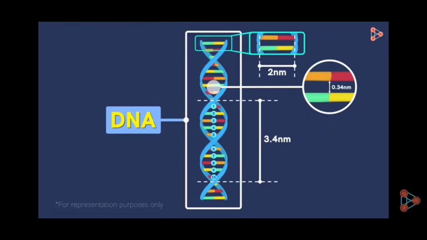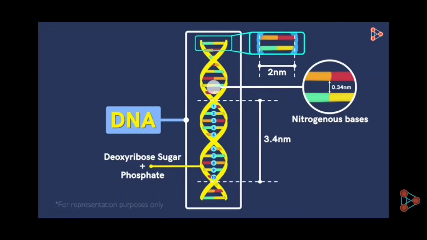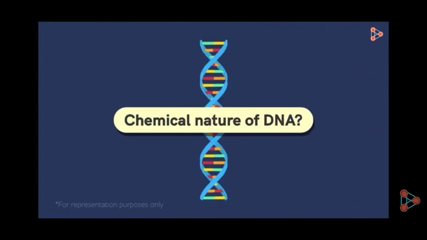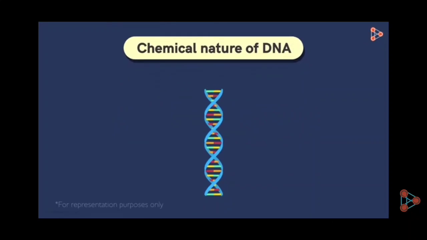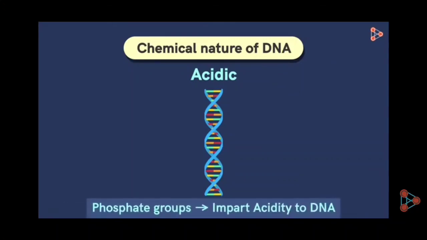This is how the molecules are arranged. So in this double helix, this portion is the backbone, which is made up of the deoxyribose molecules and the phosphate groups. Whereas this portion that forms the core is made up of the nitrogenous bases. Now, can you guess the chemical nature of DNA? Since it contains nitrogenous bases, you would say that DNA is basic in nature, right? But that's not true. DNA is in fact acidic in nature. The presence of phosphate groups makes the molecule